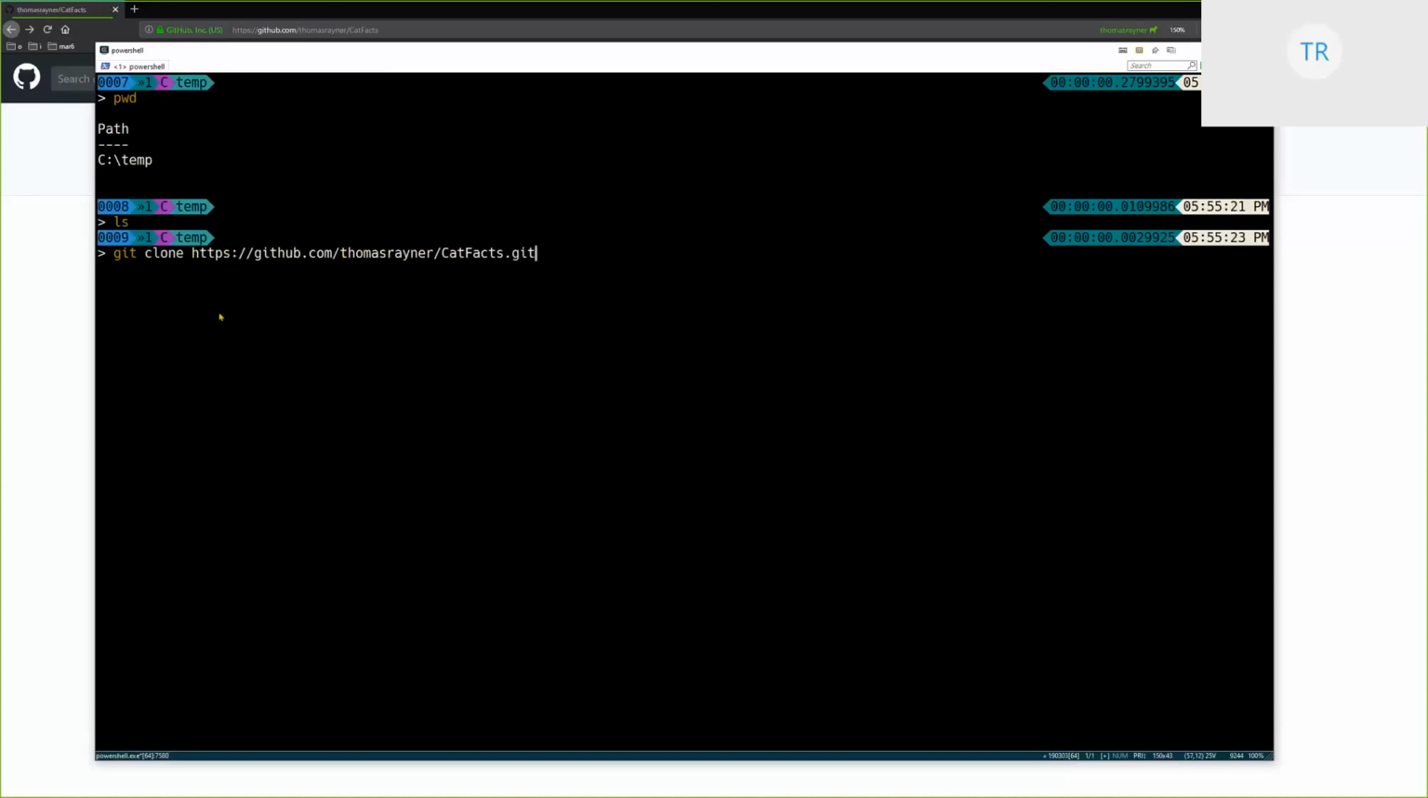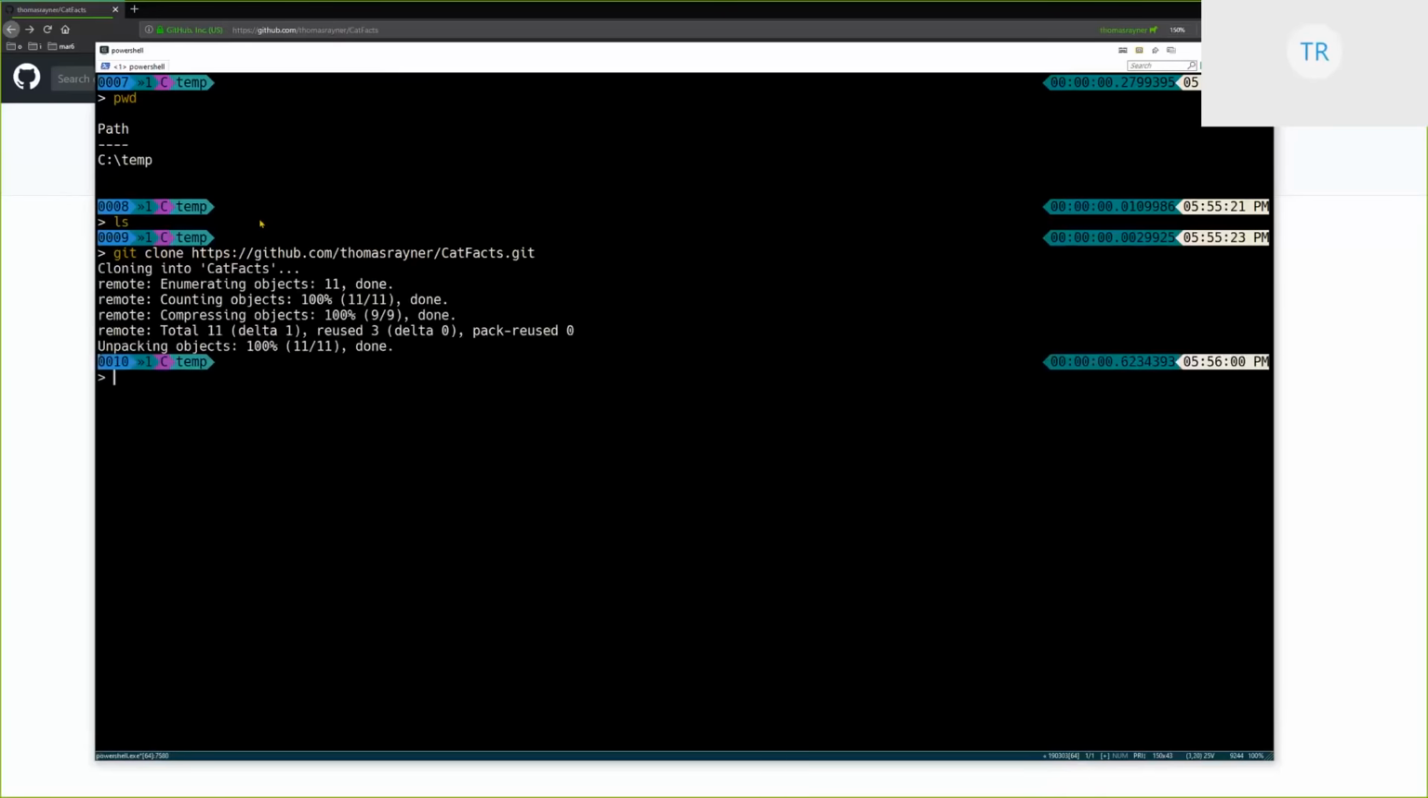This terminal is ConEmu, a console emulator, and I've just got a custom prompt set up. I can show you guys that at the end if you want. So I'm going to clone that. It's going to give me a little bit of information. You can read through that if you're masochistic, but what you really need to know is if I